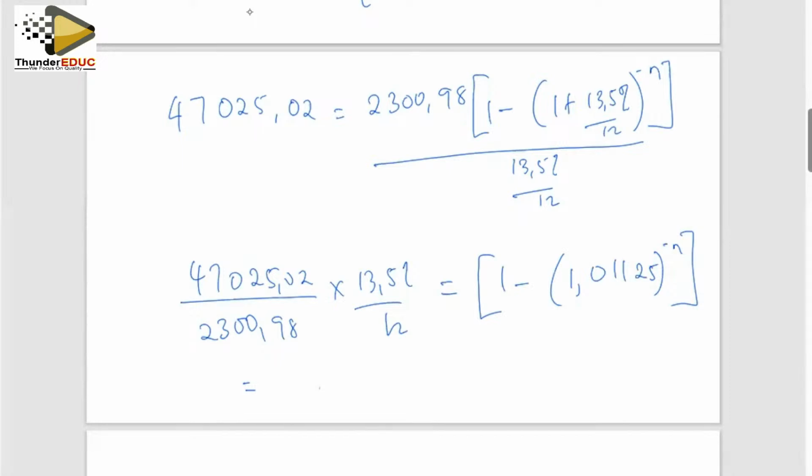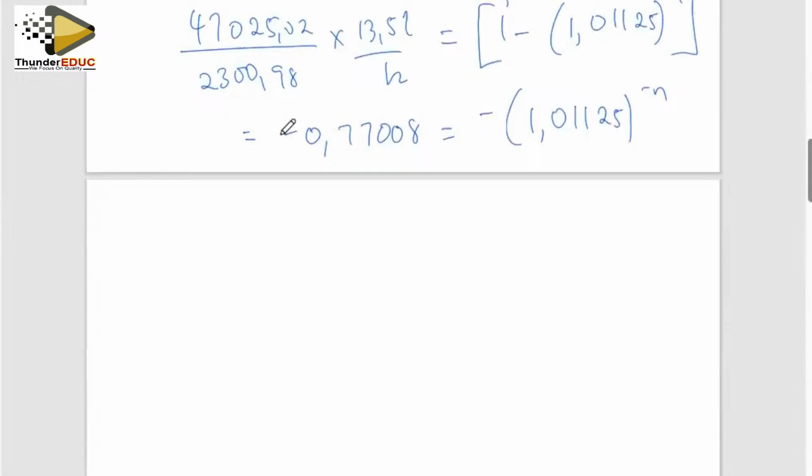I'm getting an answer because I need to move this one that side, subtract it. It is going to give me negative 0.77008 is equal to negative 1.01125 to the negative n. Divide both sides by negative and then apply the logs. Okay, that will be positive, and then negative n is equal to the log of 1.01125,